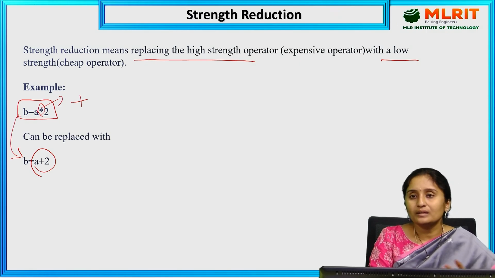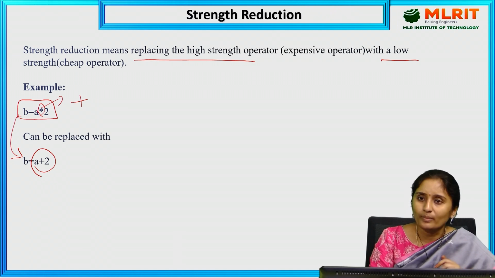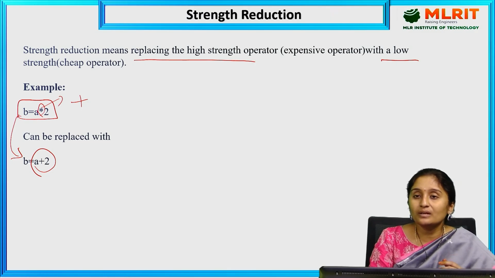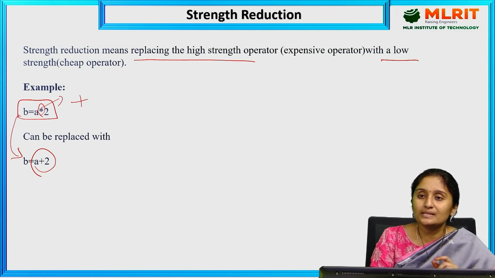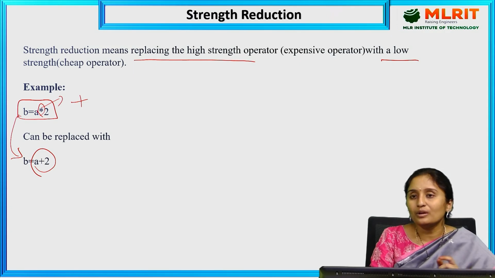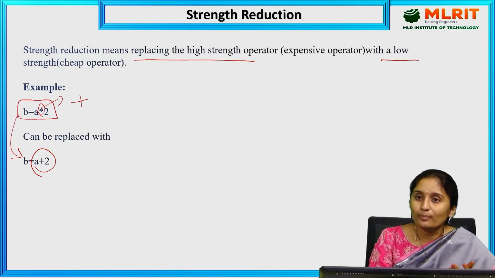Those techniques are the common sub-expression elimination, where we are going to eliminate the common sub-expressions, and dead code elimination, where whatever dead or unnecessary code is not used in the whole program, those dead or unreachable code we are going to remove. And strength reduction is where we replace the expensive operator with the lowest operator, like multiplication is replaced with the plus operator, and division is replaced with the left shift operator.